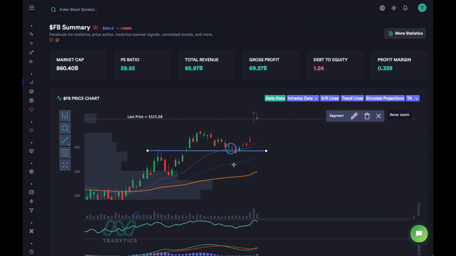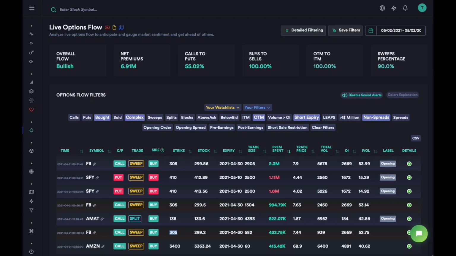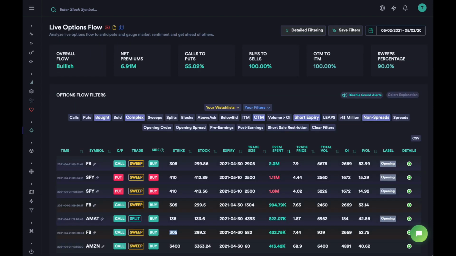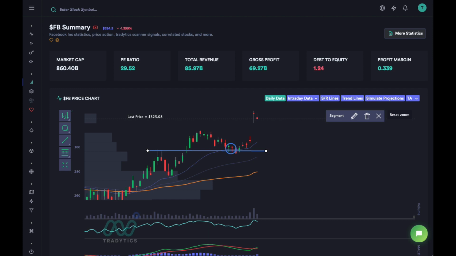305 strike. So what we are going to expect here for a swing trading setup is the price to reach 305, and we are going to enter right away. So let's say we are checking this flow in the last about 30 minutes of the day. We are trying to prepare for the next day, and this order actually came at 9:51. So when you are checking this at the last 30 minutes of the trading market time, then you're going to